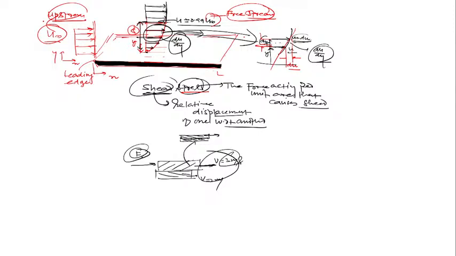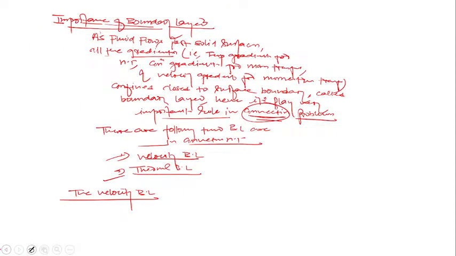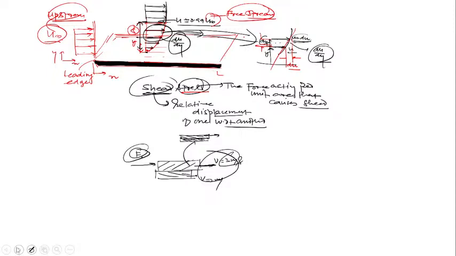So first of all, what is the theory? I will discuss why we are going to bother about the boundary layer, because I told you all the gradients for heat transfer, mass transfer, and momentum transfer lie close to the surface, in the film which is close to the surface, and that's called the boundary layer. So as we have studied, as the fluid passes the surface of a solid or flows over a flat plate, the fluid particles come into contact with the surface of the solid, causing retardation in the velocity with respect to the velocity of the upstream,